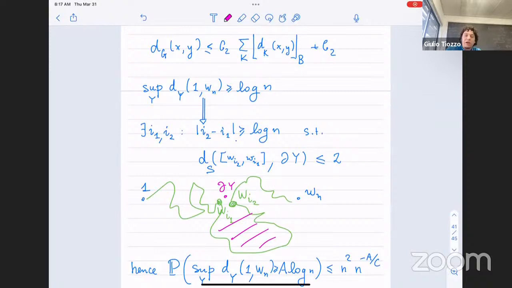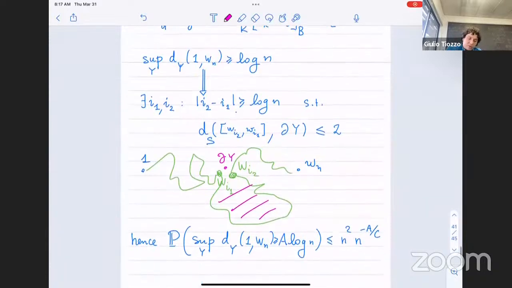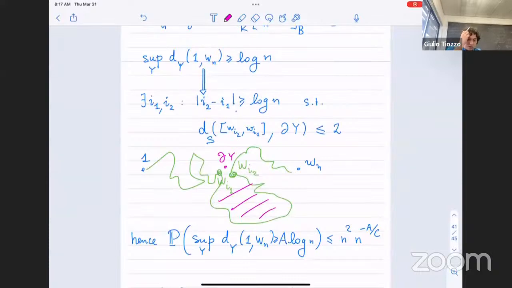But how much time are you gonna spend there? Well, precisely by what I said, you're only gonna spend logarithmic time in this. So somehow all this is interesting because you're using these hyperbolicity properties, but you're not really using too many specifics of the mapping class group, except for this hyperbolicity and the bounded geodesic image theorem that does indeed play a big role.